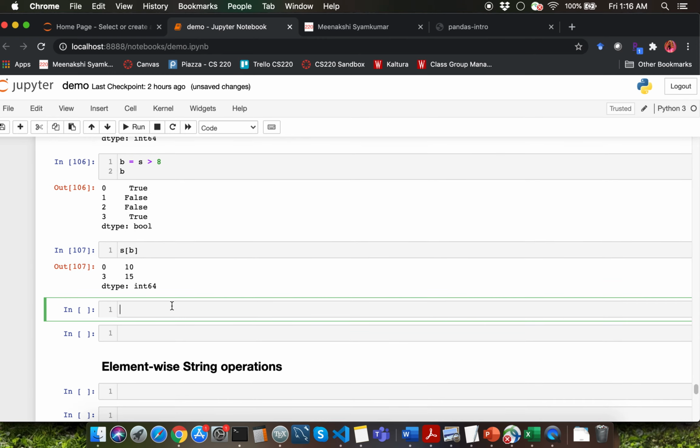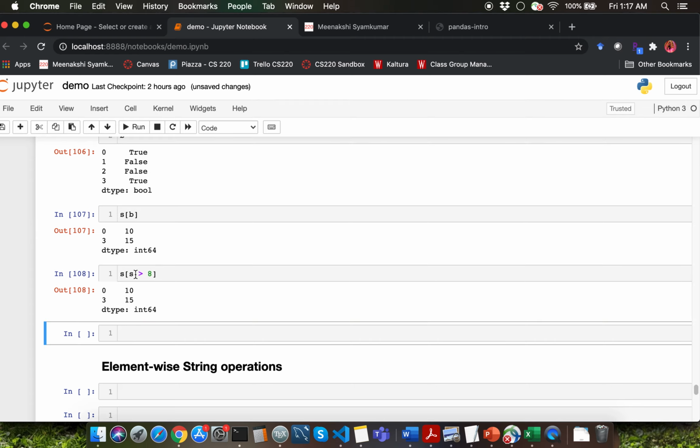Let's simplify the expression even better. So I can say S of S greater than 8 instead of using a variable called B. So I'm applying an element-wise comparison operator in order to filter out some values from my original series.